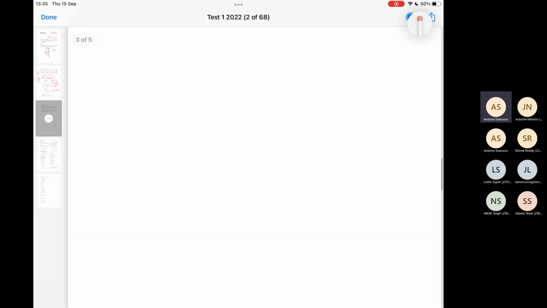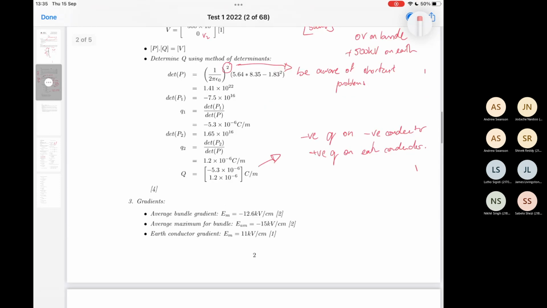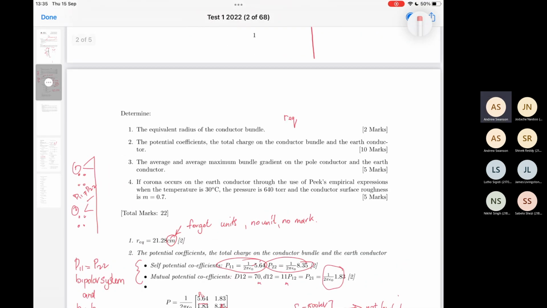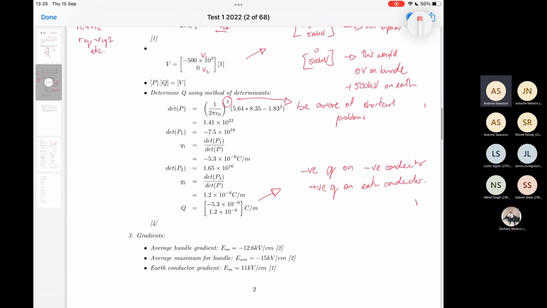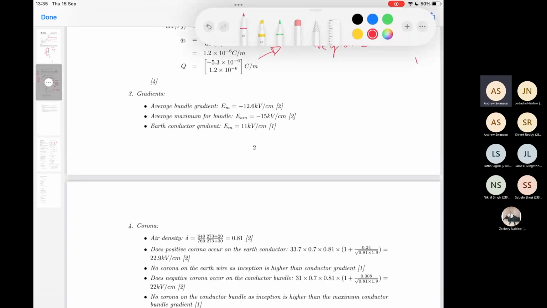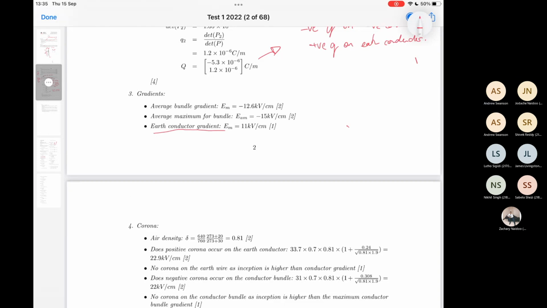If we go back to the question, it asked for those two values for the pole conductor and the earth conductor. Where people went wrong, they forgot about the earth conductor. Right. If there's only one conductor,